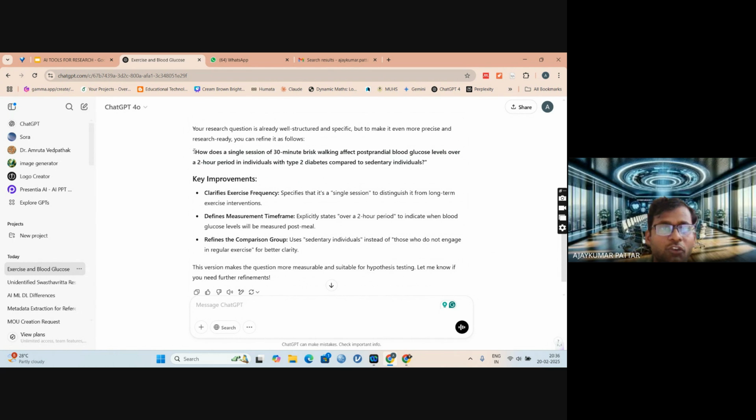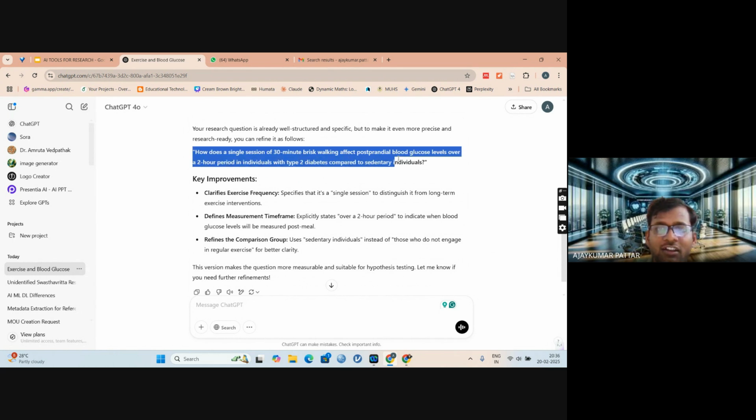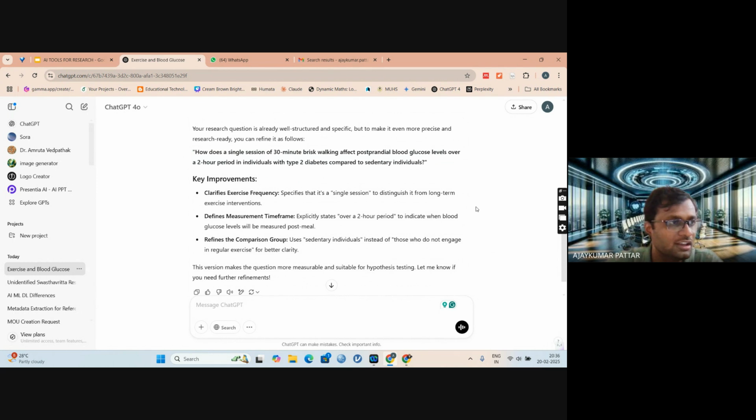So if you write this kind of research question in your synopsis, then there is no question of refining it or getting feedback. So this is how you can refine whatever research question you have already framed.